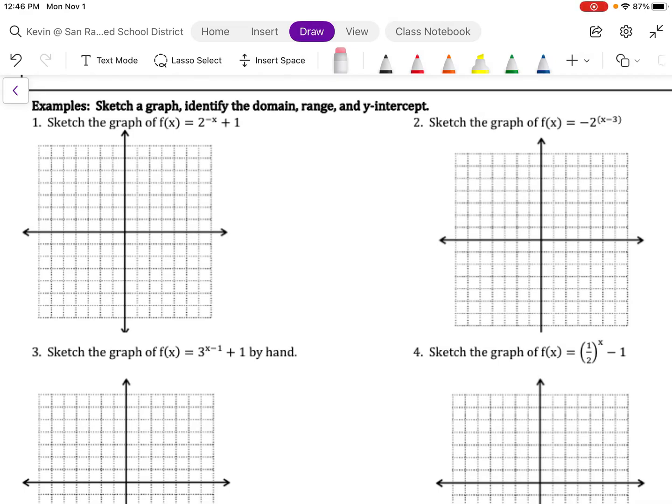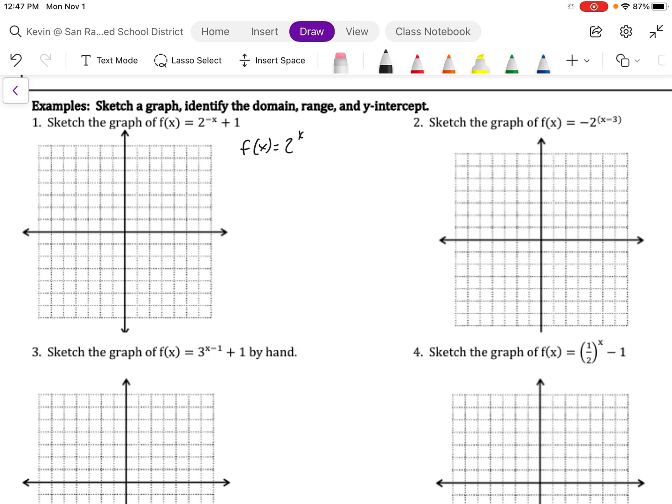Okay, in each of these, we're going to sketch the graph, identify the domain, range, and the y-intercept. Number one, we're going to sketch the graph of f of x equals 2 to the negative x power plus 1. We're going to first, and with all of these, look at the parent function, f of x equals